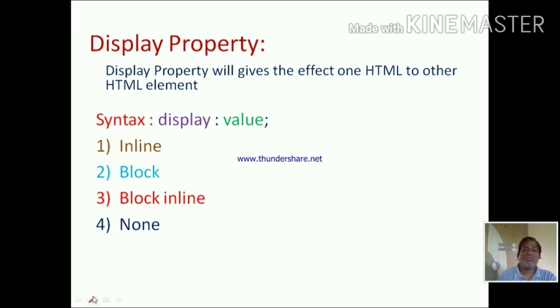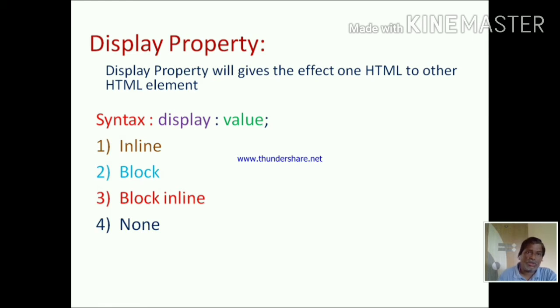These are the four different values of the display property. When we are using inline, this inline value will give the effect of a table to an HTML element. Then the second type, block.